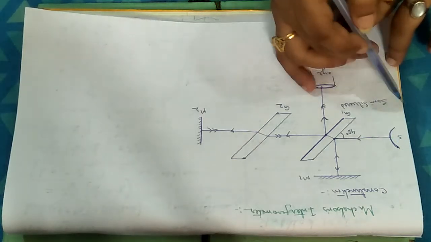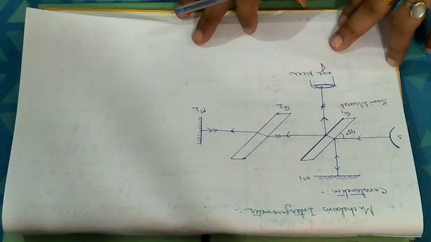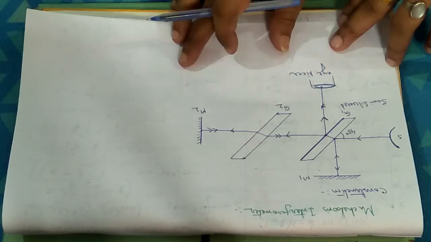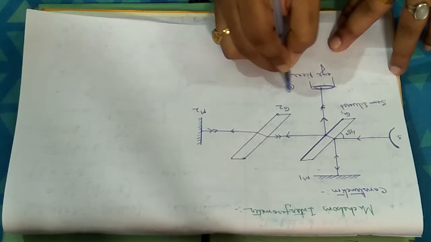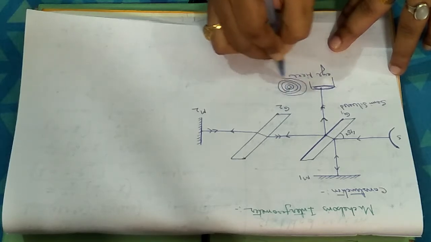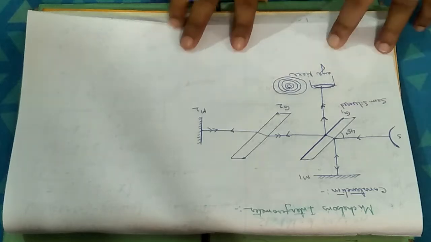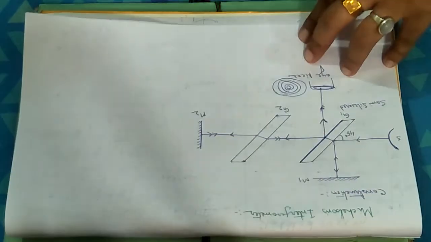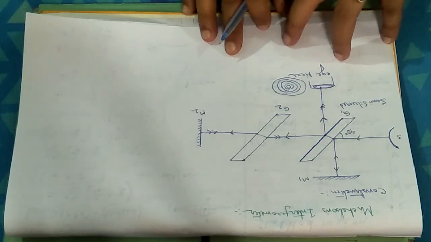As I am using a broad source of light, because of the spherical distribution of the wave fronts, I am expecting circular rings to be formed in the eyepiece, and the circular rings will be formed in this order. There will be consecutive darkness and brightness: one bright fringe, then one dark fringe, one bright fringe, then again one dark fringe. Then we can calculate the reason that interference is formed.